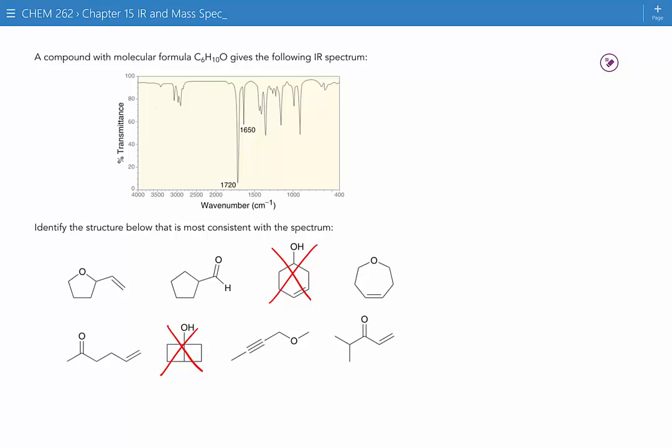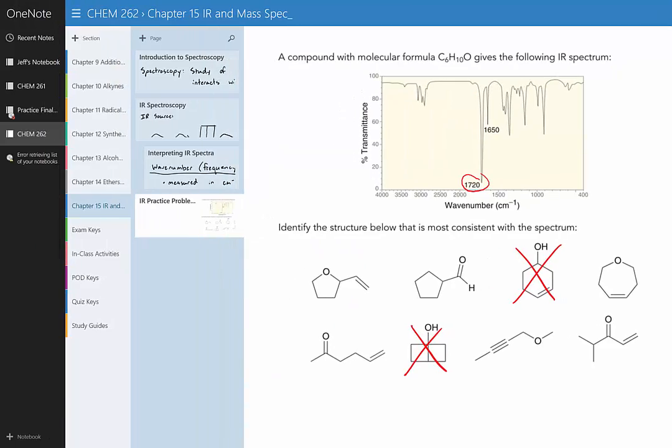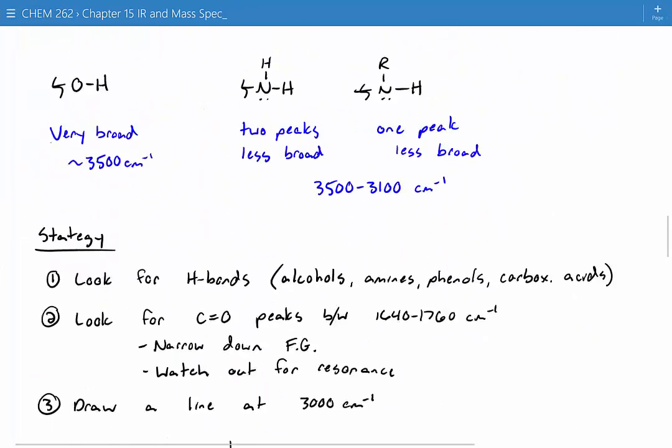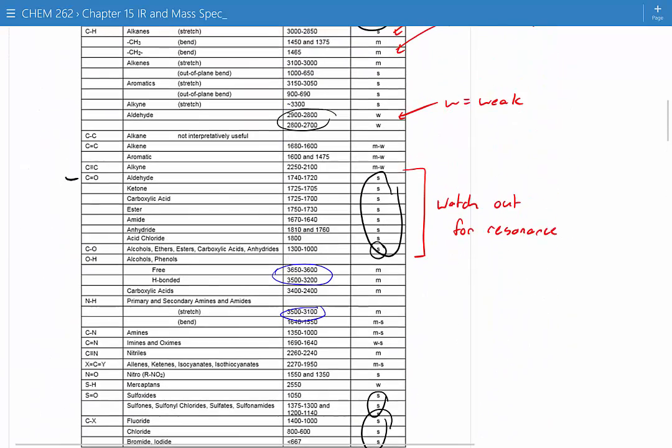All right, the next thing we said to do in our strategy list was identify CO features between 1640 and 1760. Well, we've got one there, right at 1720. So if we think about what shows up at 1720, we can go back to our chart. You can say, all right, 1720, what could this be? Well, it could be, I'll highlight them in green. It could be an aldehyde, could be a ketone, could be a carboxylic acid, could be an ester,